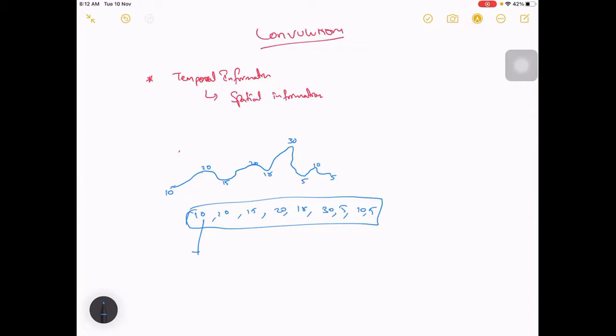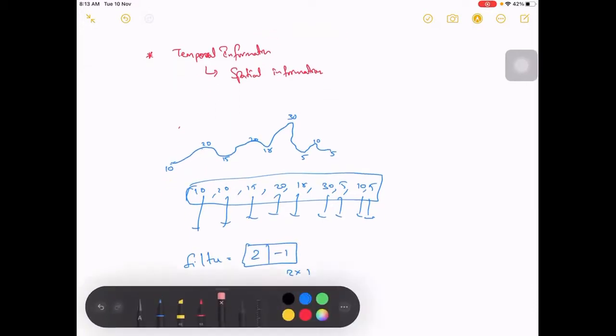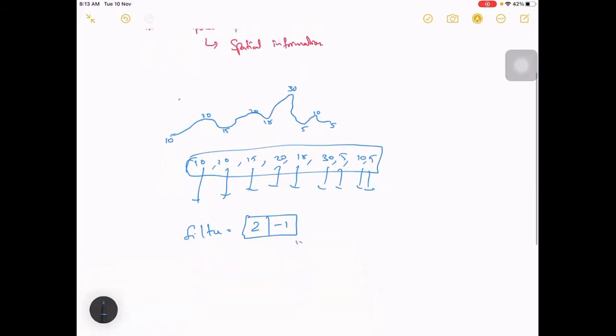For that, instead of passing one value each time, you can use some filters. A filter here is a one dimensional object, right? So you can have a filter like this: 2, minus 1. Let us say this is your filter, 1 cross 2 in dimension.